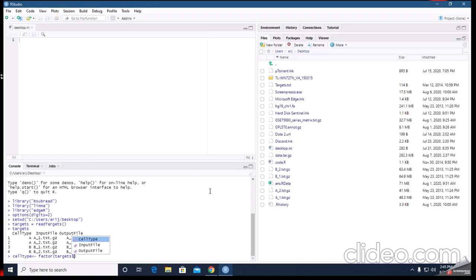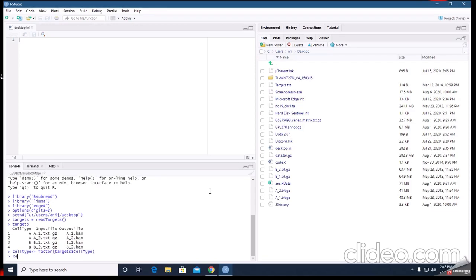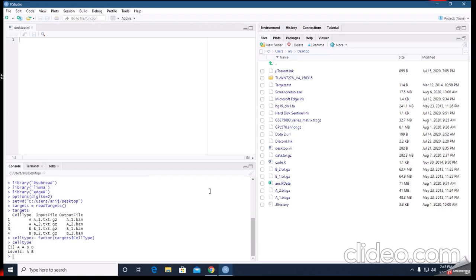Okay, so now I'm taking cell type as our column, making the factor and storing it in the cell type variable. Okay, now see this A, A, B are becoming factors.